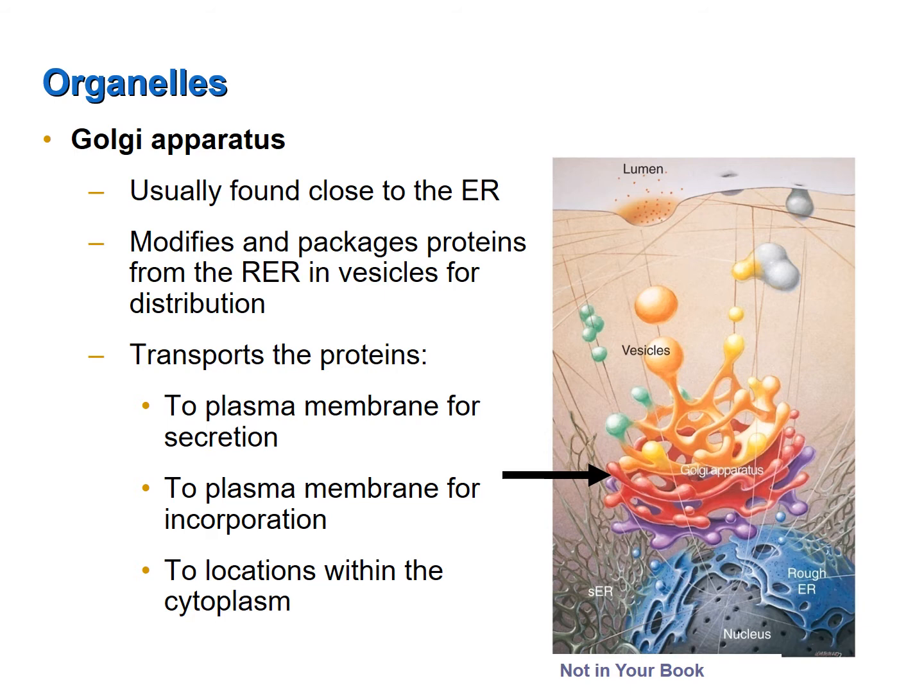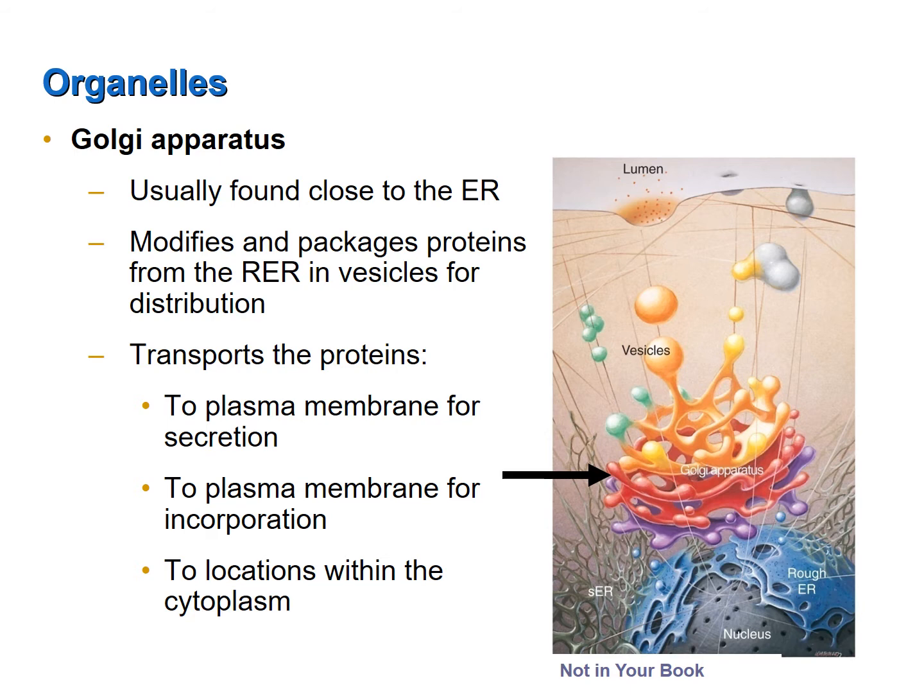The Golgi apparatus receives vesicles from the rough endoplasmic reticulum. Those vesicles contain protein, and once those vesicles are incorporated into the walls of the cisternae of the Golgi apparatus, the proteins that they contain are modified and packaged and eventually